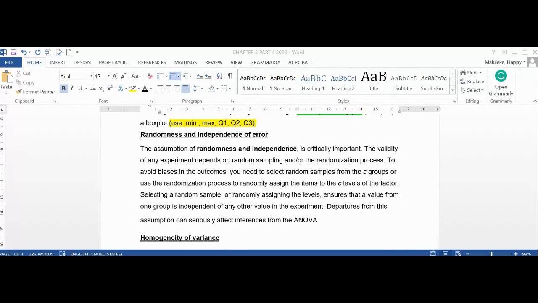Based on what I've checked, it only focuses on problems which are balanced, which do not have missing observations. That is the Levene test. Some of these tests cannot work if the problem is not balanced, like the Levene test. But with ours,